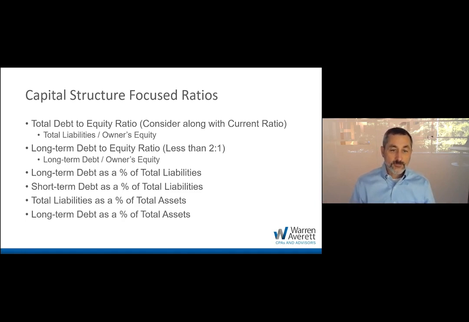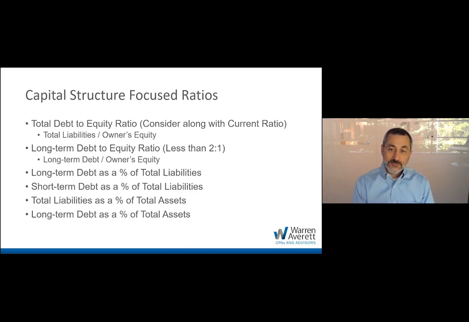Conversely, we can do the same with short-term debt as a percentage of total liabilities. How much of our obligations to other folks are due in the near term relative to all of the obligations that the company has. Total liabilities as a percentage of total assets. Here we simply look at, of the total assets of the company, how much of that is owed to third parties. Long-term debt as a percentage of total assets, which is the last one,